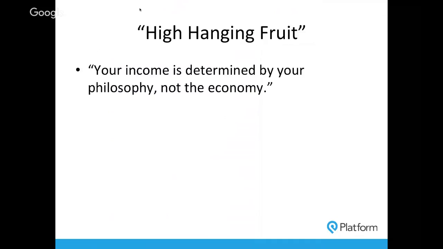So when I talk about high-hanging fruit, I always like to create the distinction that it's not just a tactic. It's really not even a strategy either, if I'm being honest. It's at a bigger picture level than a tactic or a strategy. At like the 10,000 foot level, the big picture perspective, it's really more of a philosophy. It's a new way of thinking about marketing.